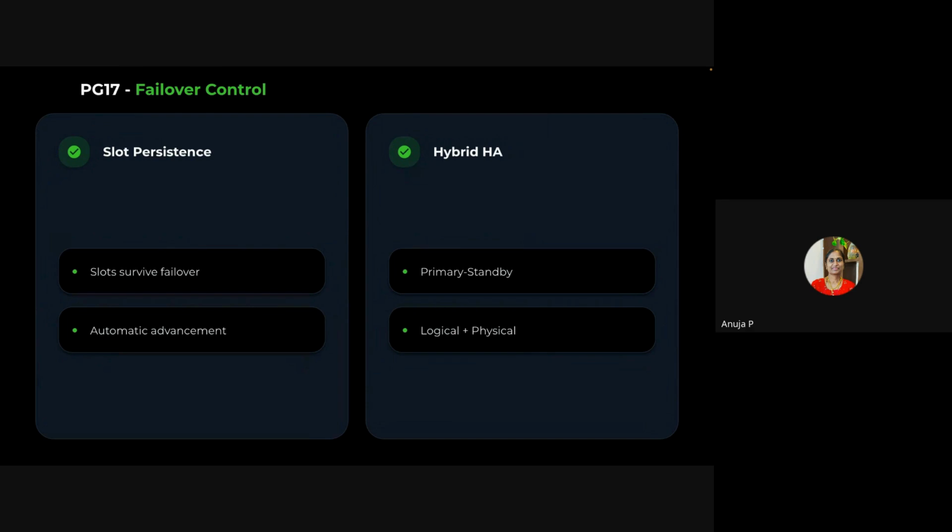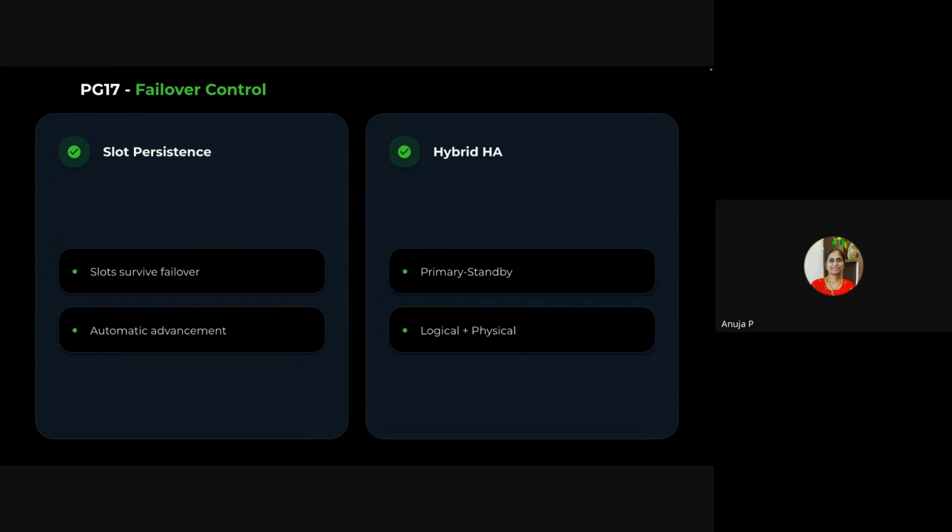So when node A fails and node B gets elected as the new primary, the replication slot between node A and node C will be lost. Because of this, you will have data loss and you have to resync everything. That kind of problem was eradicated from version 17 onwards.